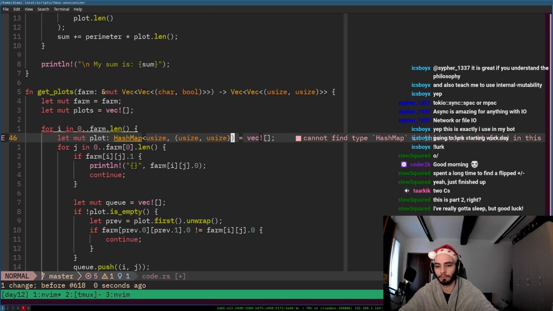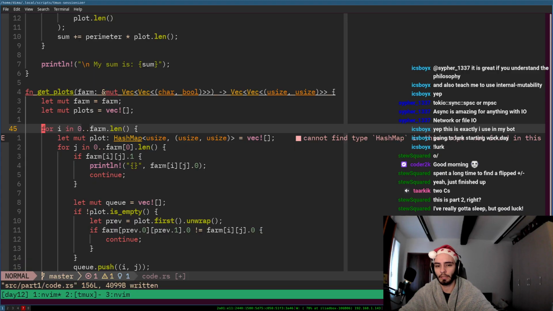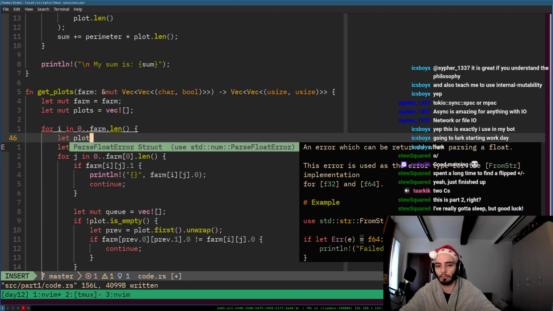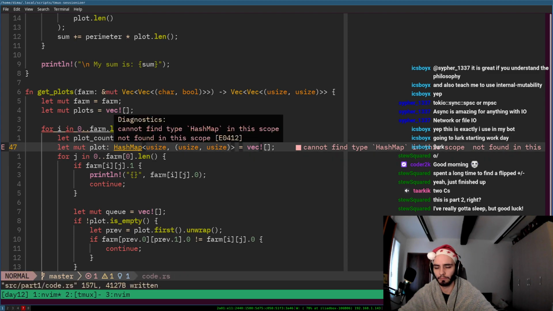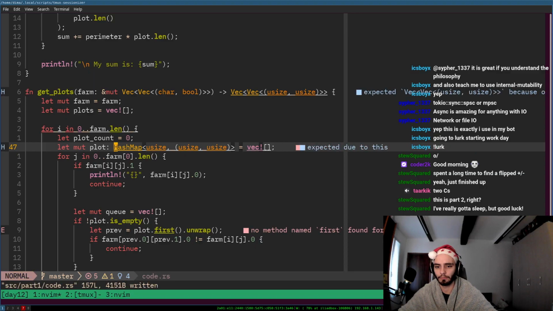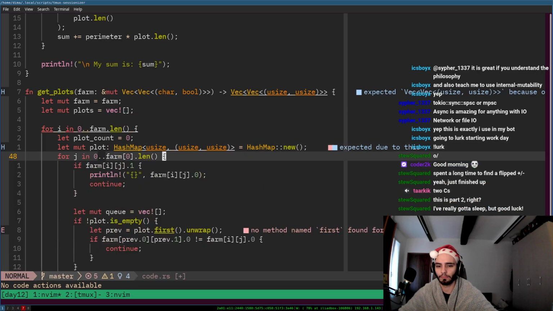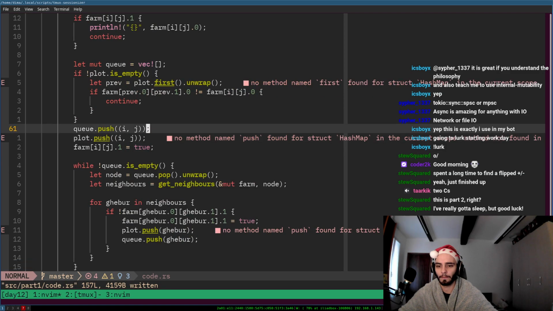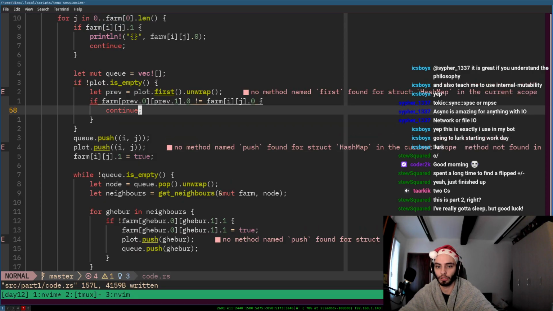It's a type, not a method. And we would reset the plot every time here. So let plot count equal 0. So the hash map, add it up, please. So HashMap::new. And basically it would be instead of plot.push, which is an easy one, I would say,